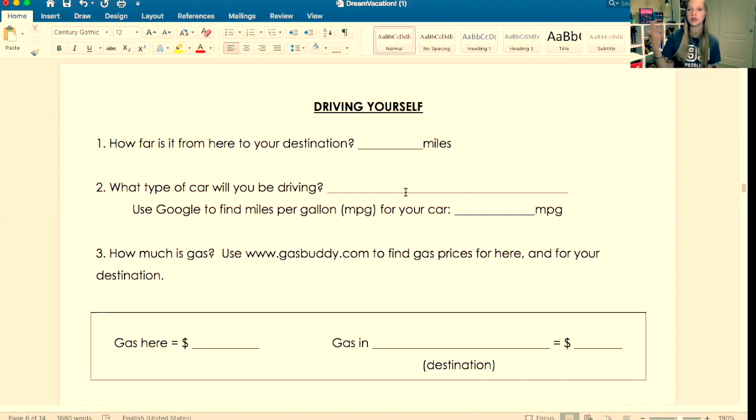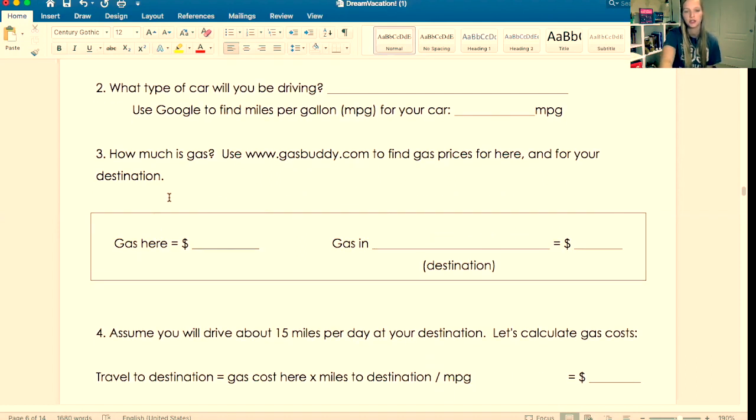If you have a big car that uses a lot of gas, you're going to have to accommodate for that. And you want to see how much gas is. So go to gasbuddy.com. It's an amazing app, and you're going to find gas prices for here and where your destination is. So you're going to put gas prices here and the gas price wherever your destination is and how much that would be.